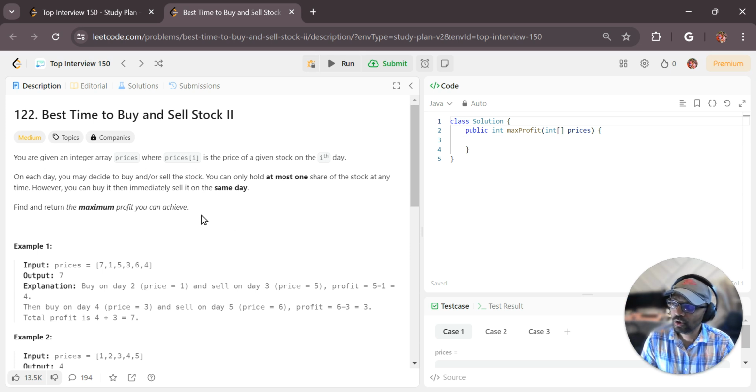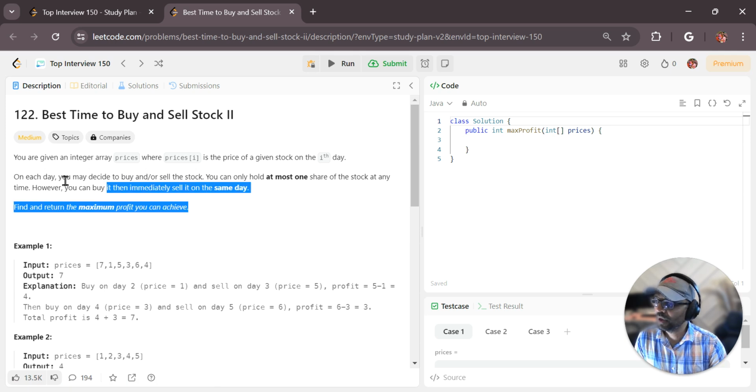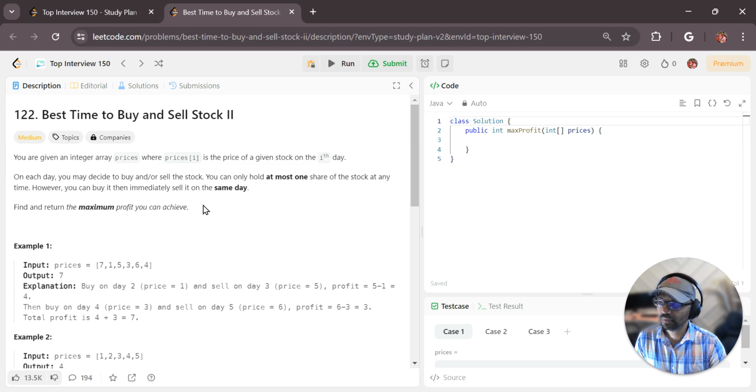Okay, I see. So if you haven't watched the previous video where we solved best time to buy and sell stock, please go ahead and do that at some point. But to quickly revise, the difference between this problem and the previous version is, even in that problem, we were given a prices array, which indicated prices of a specific stock on various days. But in that problem, we were only allowed to make one transaction at most, which means you can buy once and sell only once. While here looks like we can do multiple transactions as long as they do not overlap,